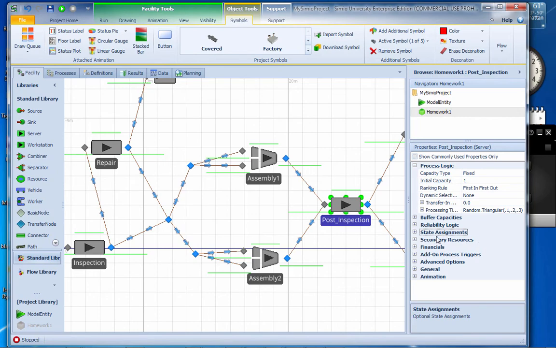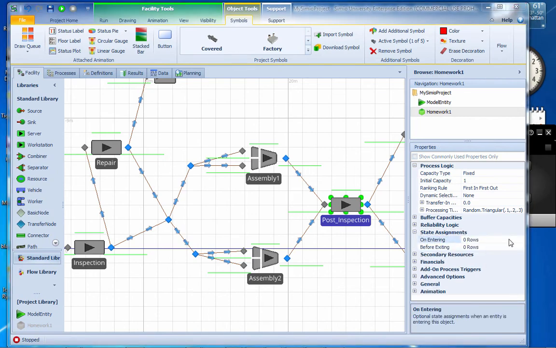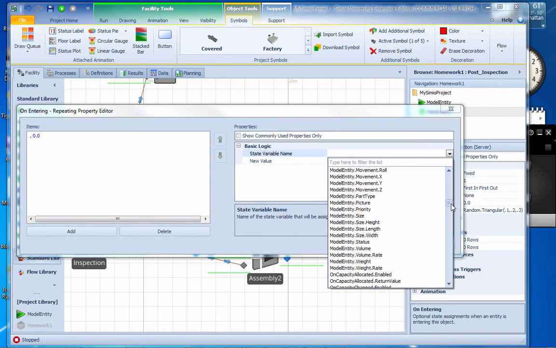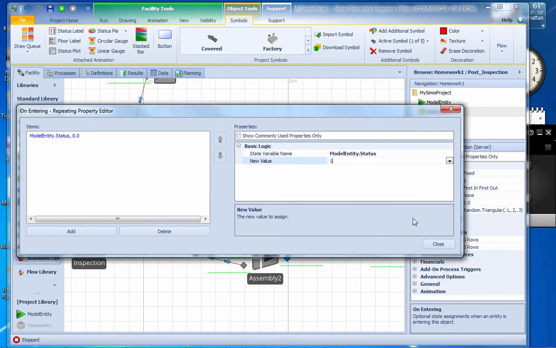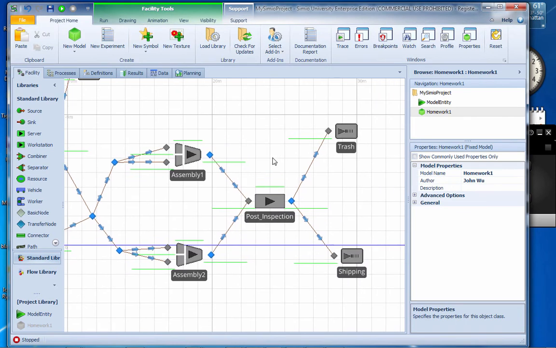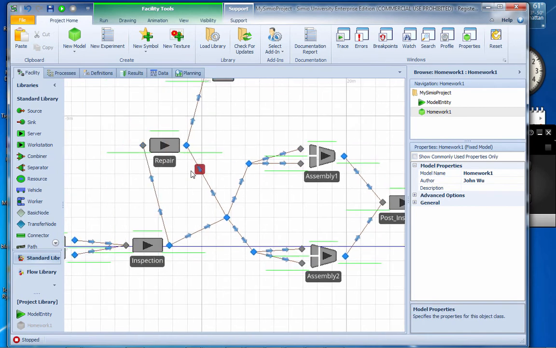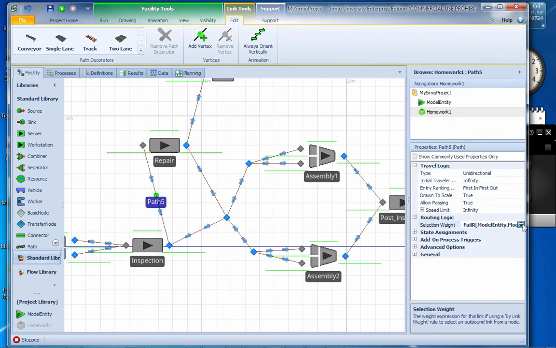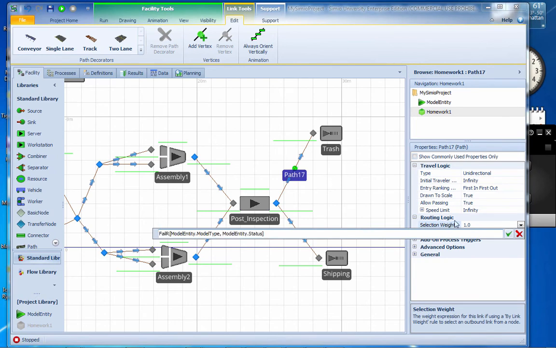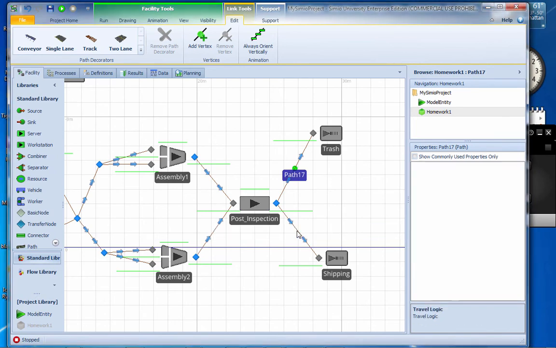need to assign on enter. I'm going to assign model entity status all equals to 2. So that means when they finish assembly, arrives to the post-assembly station, their status equals to 2. So therefore I can use different failure array for that. So I'm going to just copy this because they're exactly the same from the previous example, inspection process. So failure array automatically, because the status change,